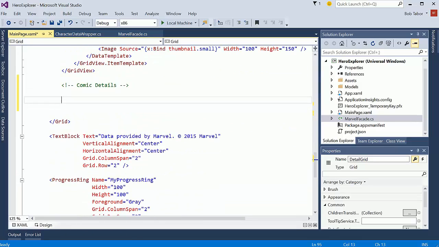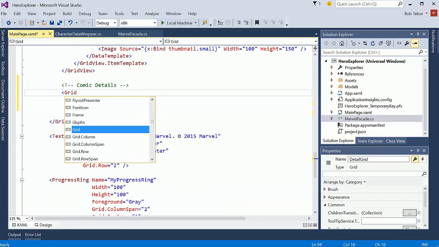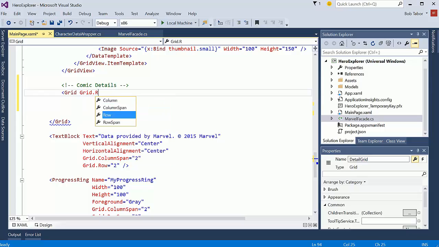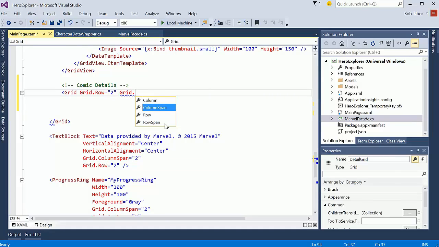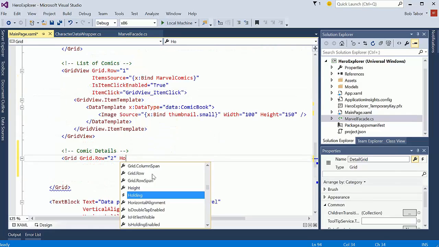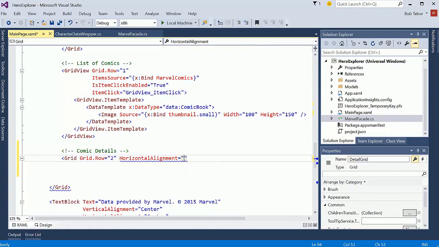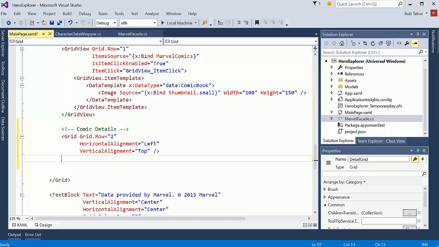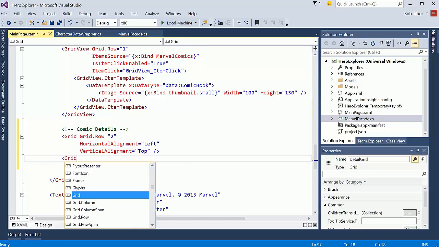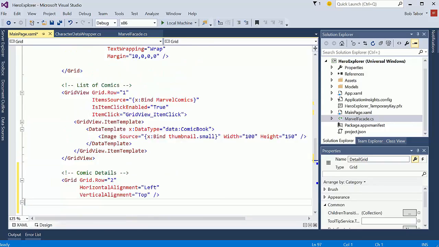All right, so under comic details, we're going to add another grid. We're going to put this grid in the third row. Remember, we created 3 rows. This is going to be the last one, and we'll just go ahead and set all of this. All right, and inside of this grid, I'm going to create pretty much like what we did last time, where